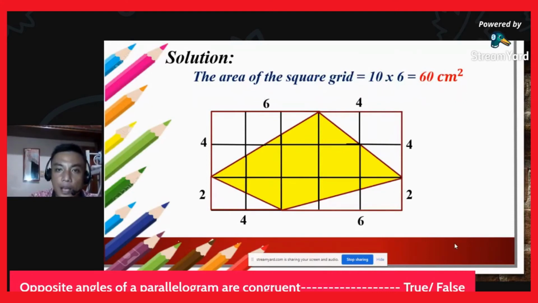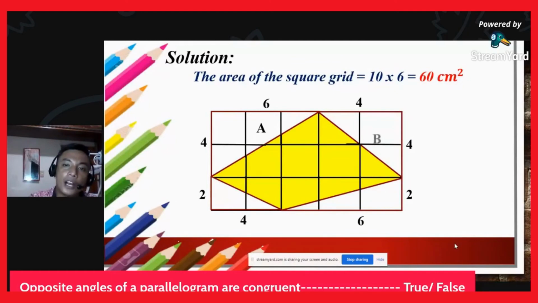10 being its length and 6 being its width. That is, 6 plus 4 is equal to 10 and 4 plus 2 is equal to 6. Therefore, the area of the square grid is equal to 60 square centimeters. So, next, we're going to find the area of